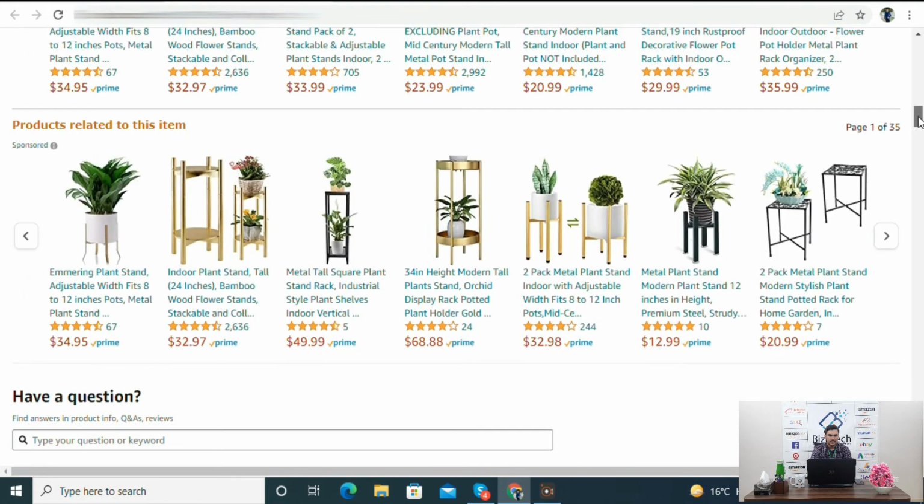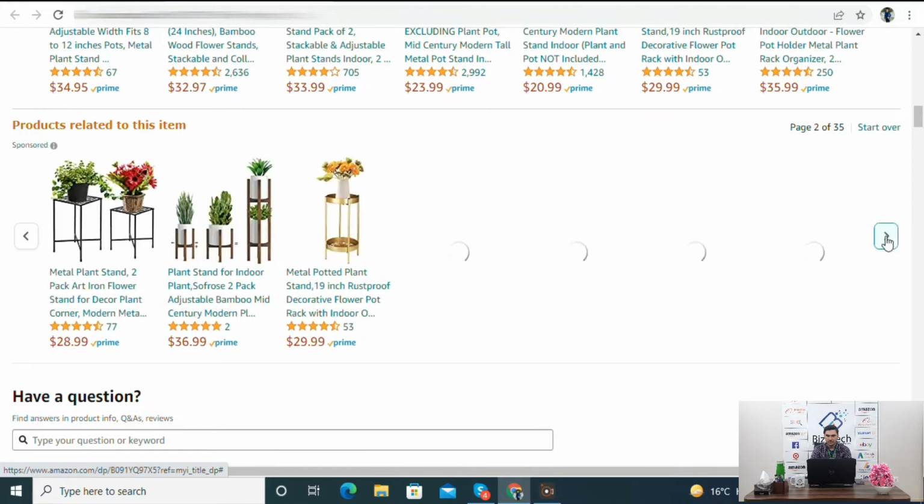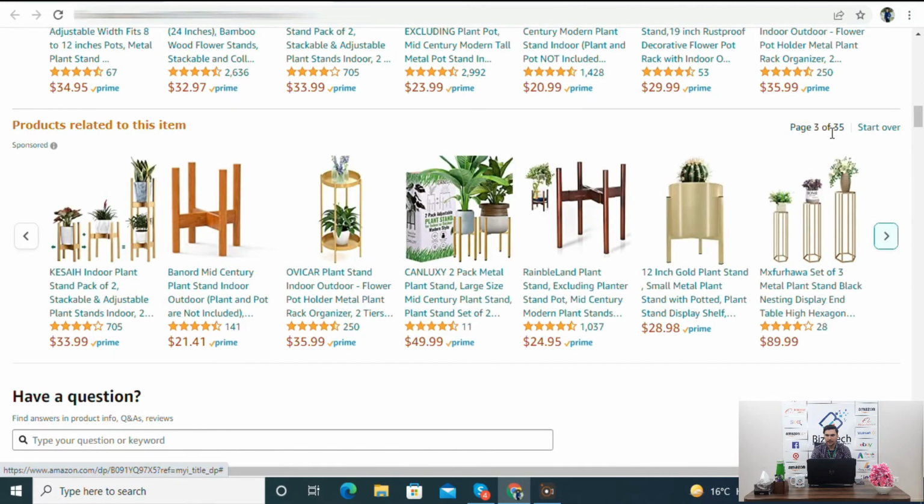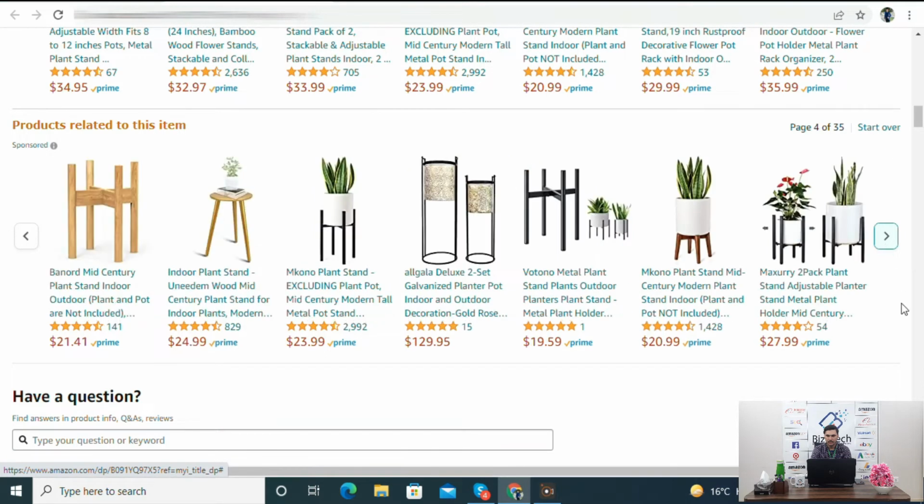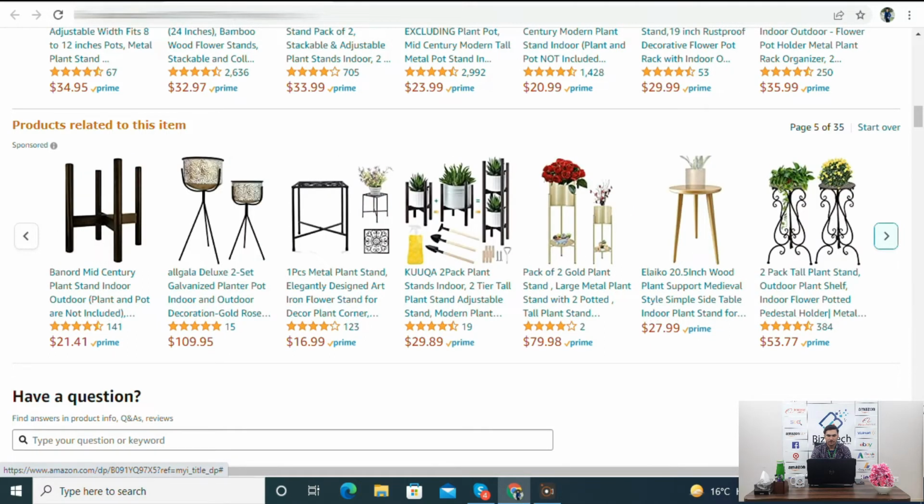Then there are products related to this item. These are the sponsored ads. You can scroll up to 35 pages so far for these sections, and you can select any kind of product that you are going to buy. Moving down,